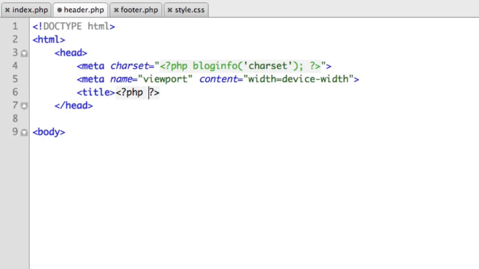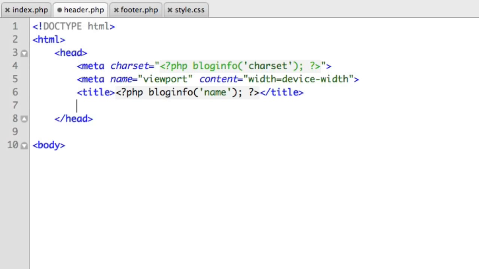So this is not optimal for search engine optimization. We'll learn how to optimize the title in future lessons, but for today, let's just very simply output the name of the site. So we'll say blog info name. Drop out of PHP again. Close the title. And then finally, before we close out our head section, we want to use a WordPress function